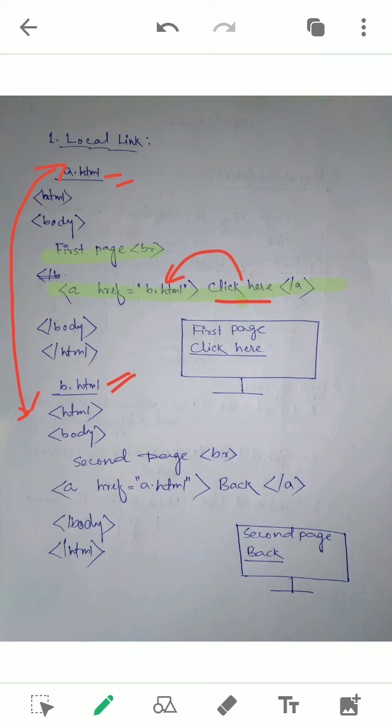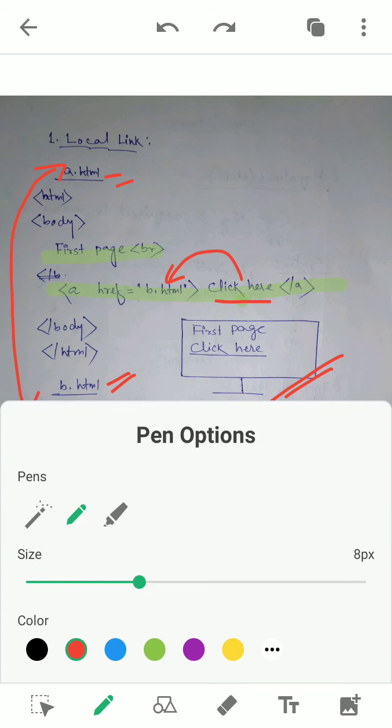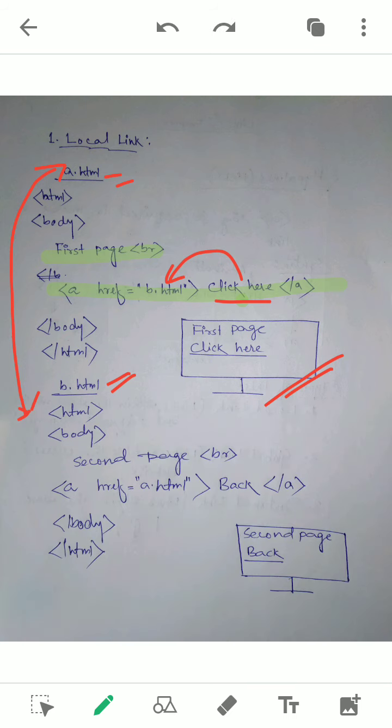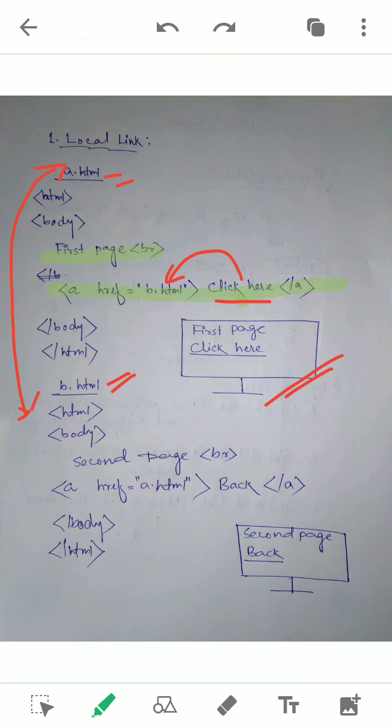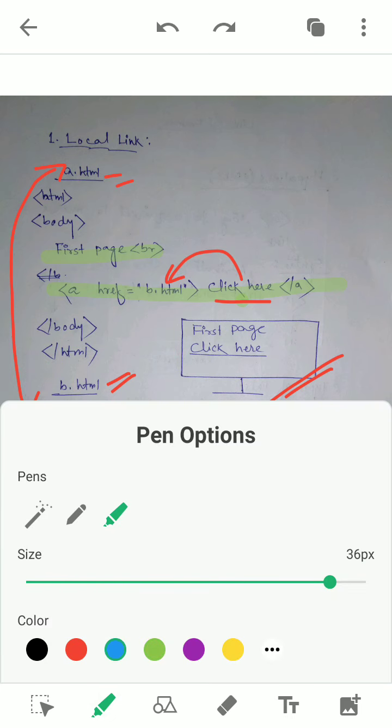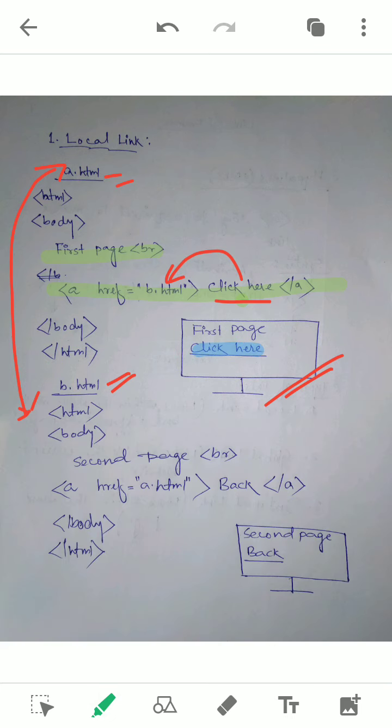Now see, after closing everything, your output will be this one. But as we have discussed, the color of this click here will be blue, and it is underlined by default. Sorry, this click here will be blue and already underlined, but we can change it. Now when you click here, what will open?